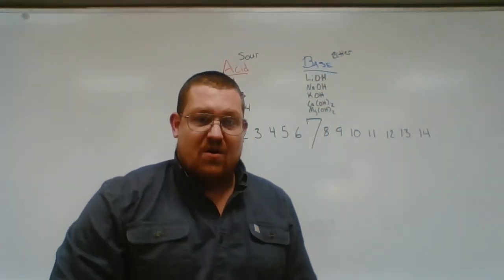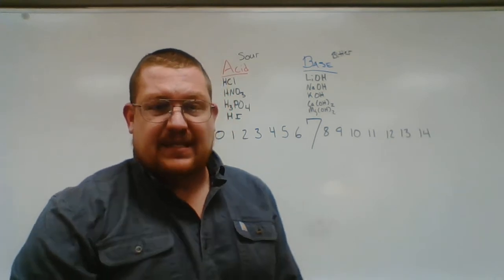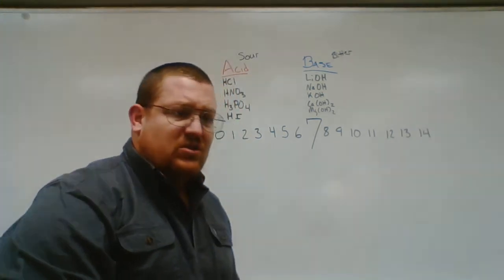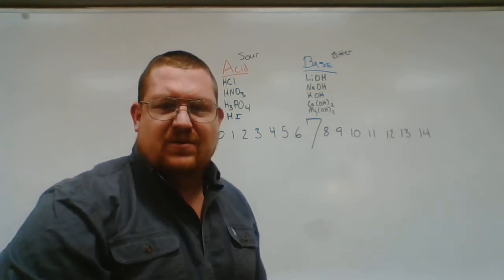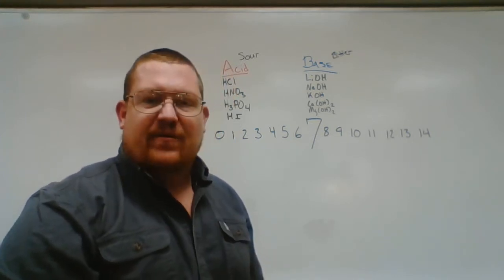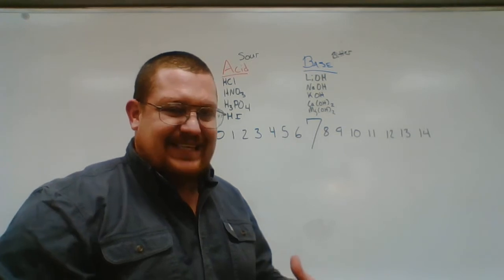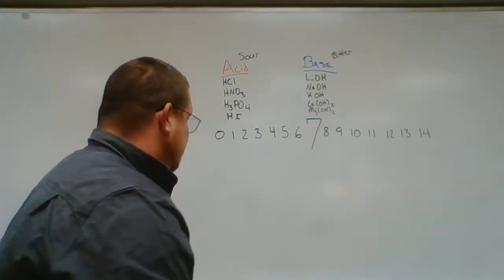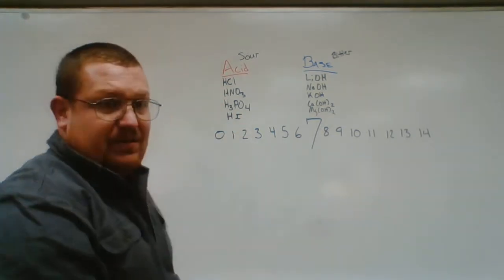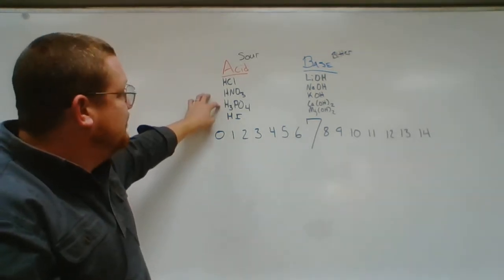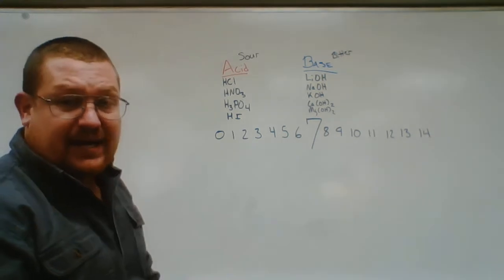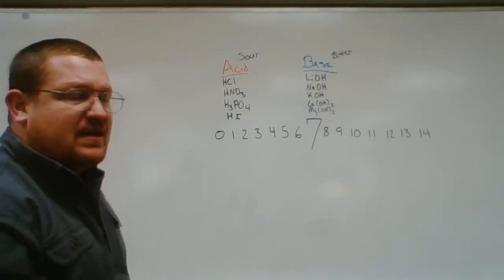So going a little bit more in depth this time, taking it a little further. We talked about the taste. Next thing is to look at the chemical composition of acids and bases. Really dive in there and see what is it that makes it an acid, what is it that makes it a base. These are a couple examples of some strong acids. We have hydrochloric acid, nitric acid, phosphoric acid, and hydroiodic acid. And one thing that they all have in common